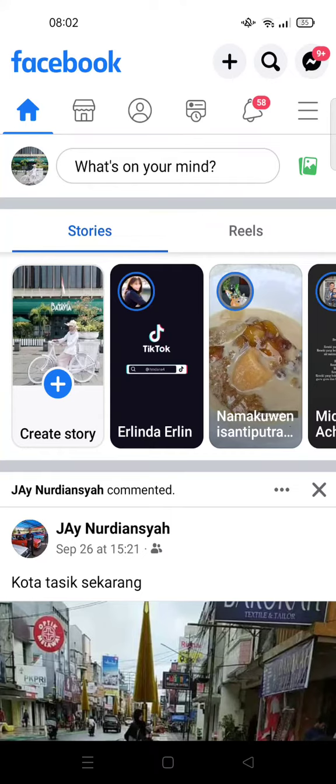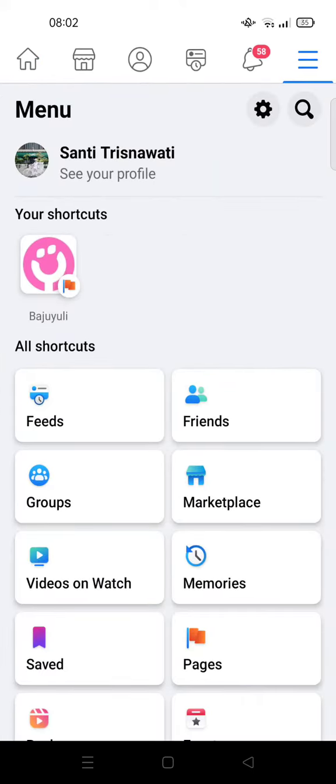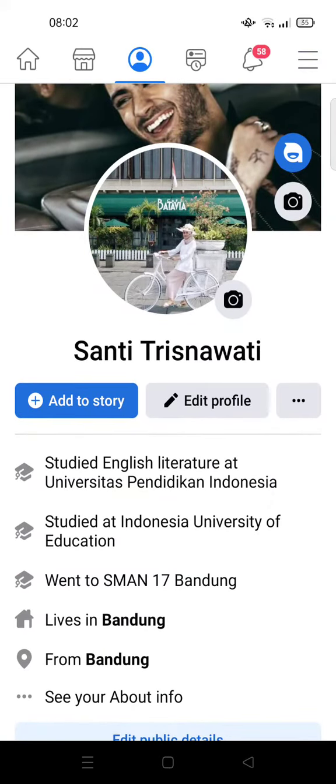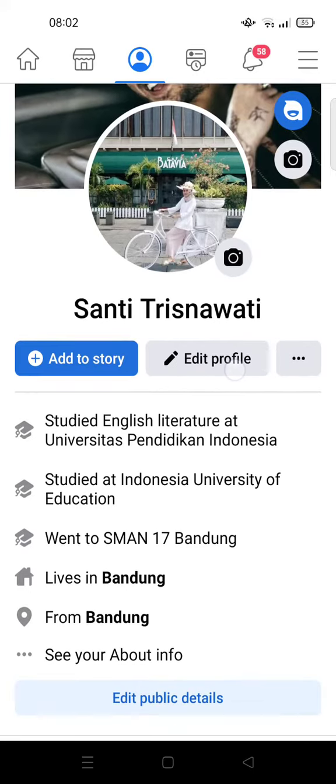In this video I'm gonna show you how to add links to your Facebook profile. So here I'm already on Facebook and I want to go to my profile. Just click on the three lines icon and then click on see your profile, and then here to add links to your profile, go to edit profile by clicking on this